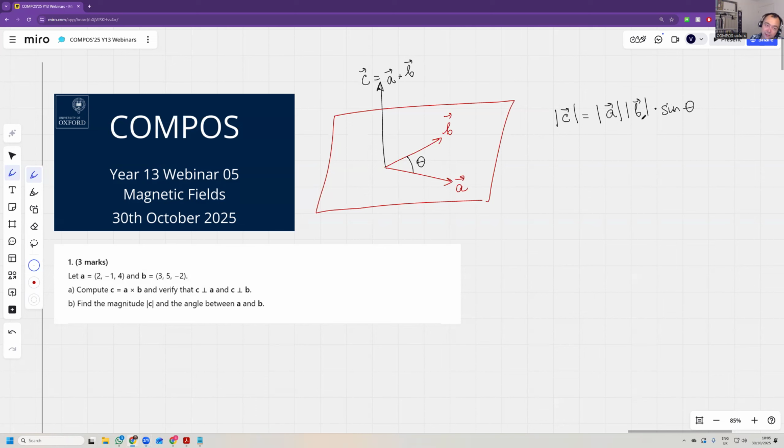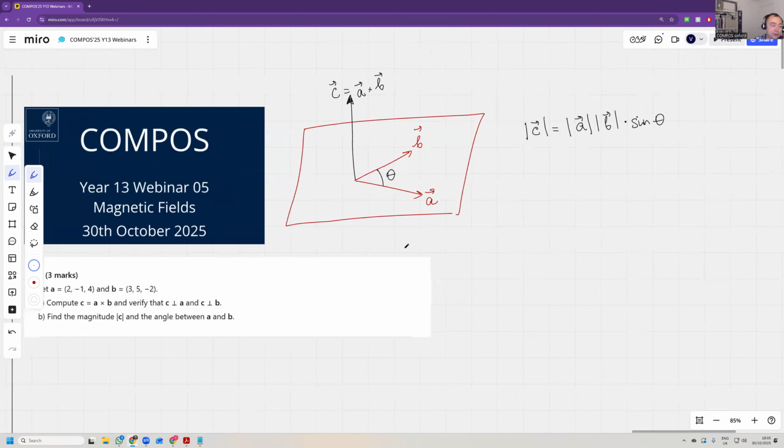But of course, the big difference is that the cross product is a vector, whereas the dot product is a scalar. Okay, and the direction of C has to be such that if you are sitting on the tip of C,